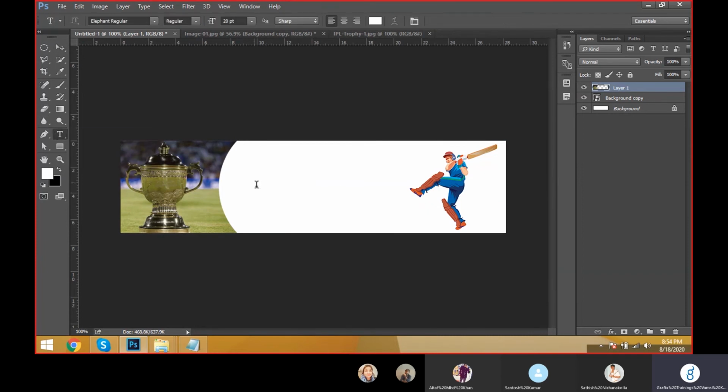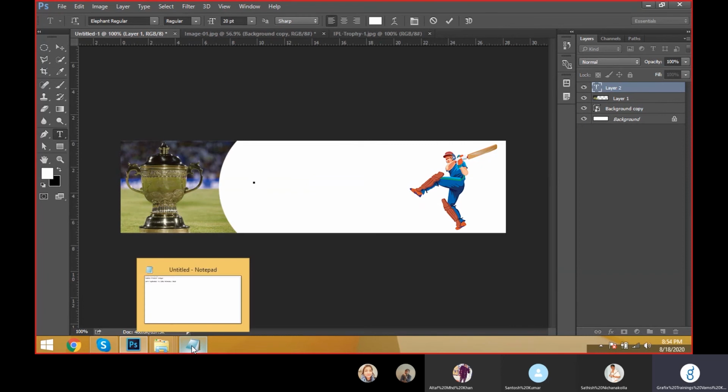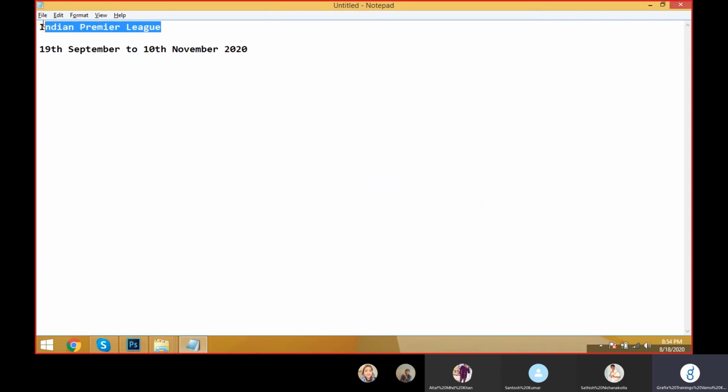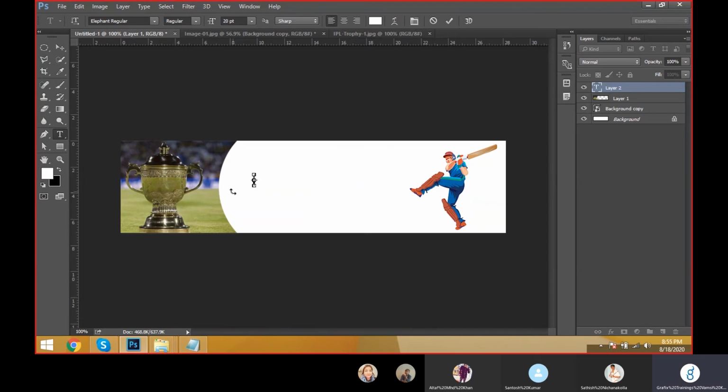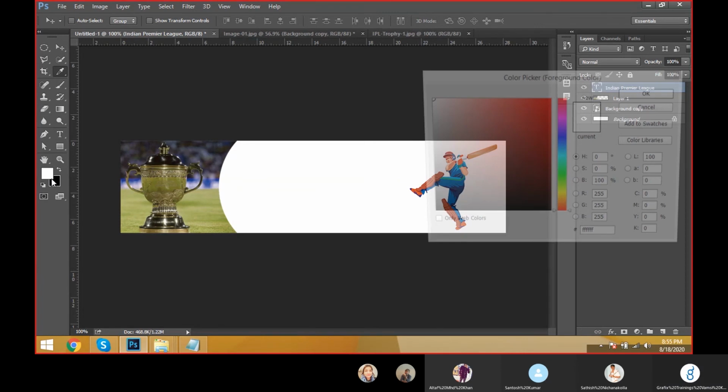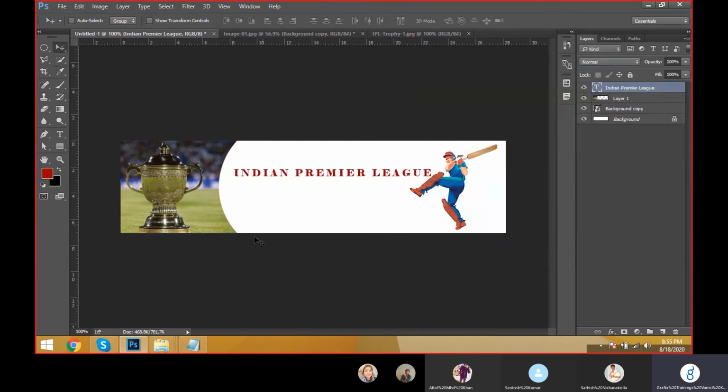I can click here and I can copy the text from the notepad, copy, and I can Control V, paste. You can give the text color here, but I have a different font that is called Roboto.